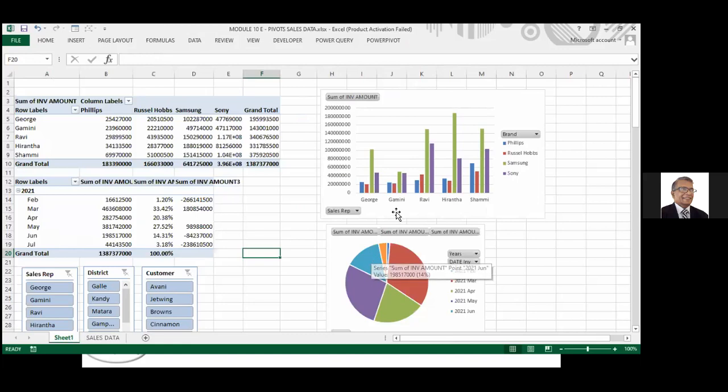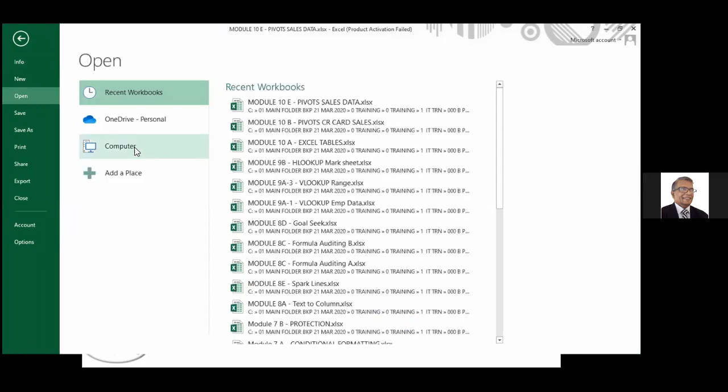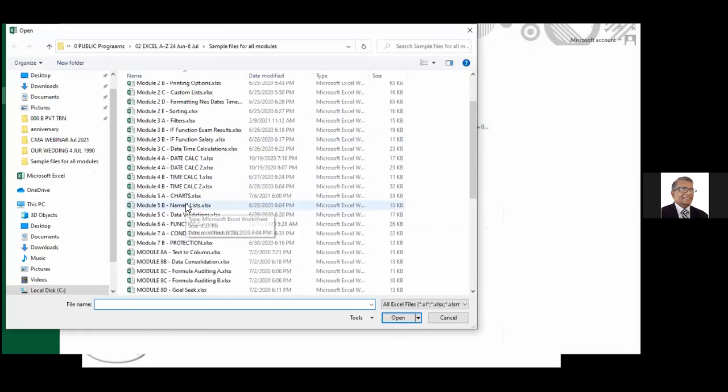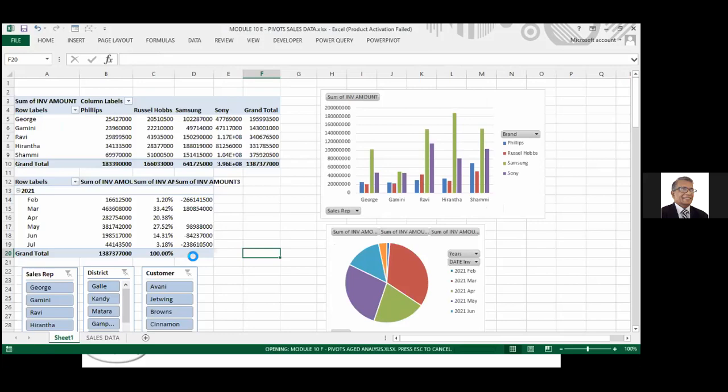Right. Let me do another pivot table onto the other side. So the slicers, okay. Can you open another sample file? I'll show you how to do an age analysis. Very useful.